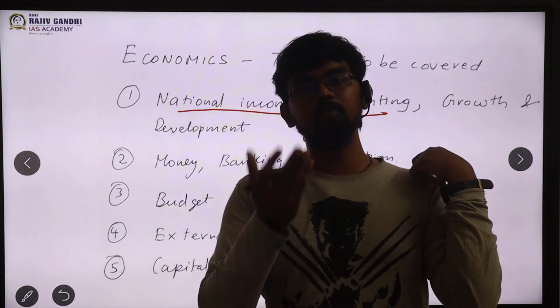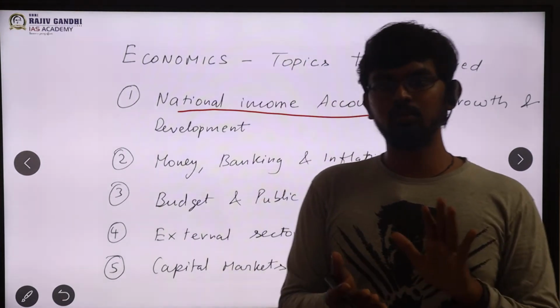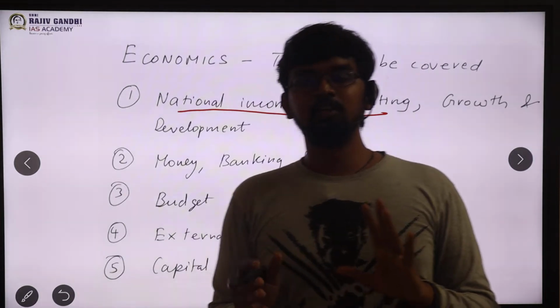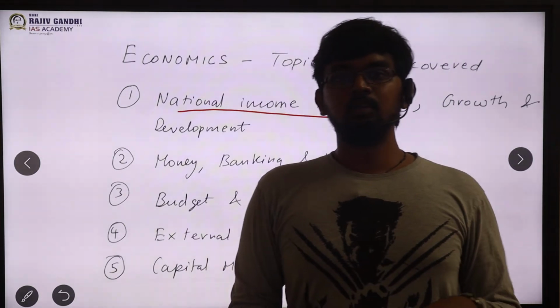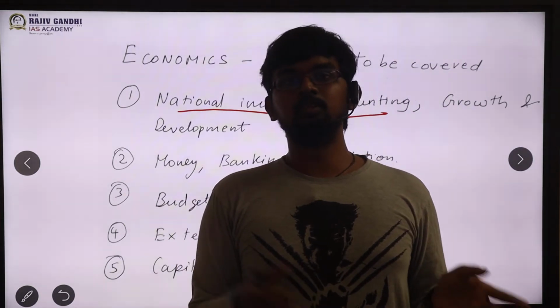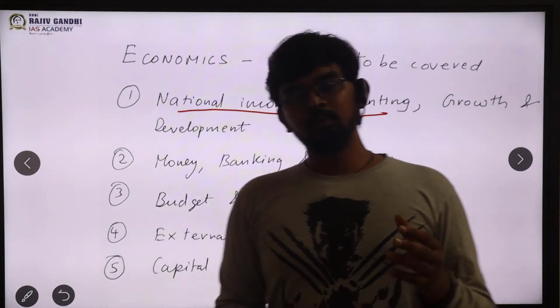In fact, every year there is a first question. If you look at the first or second question in GS3, it will be from GDP. Like last year they asked potential GDP. This year they asked how the GDP